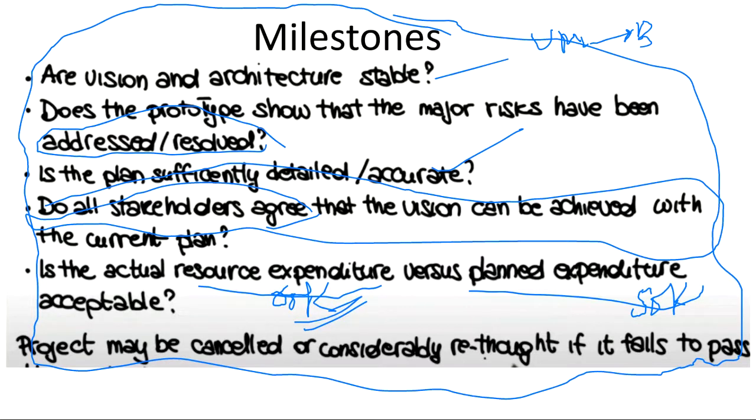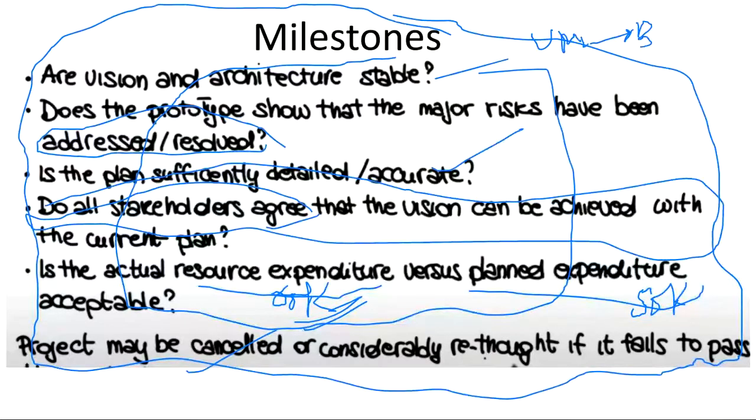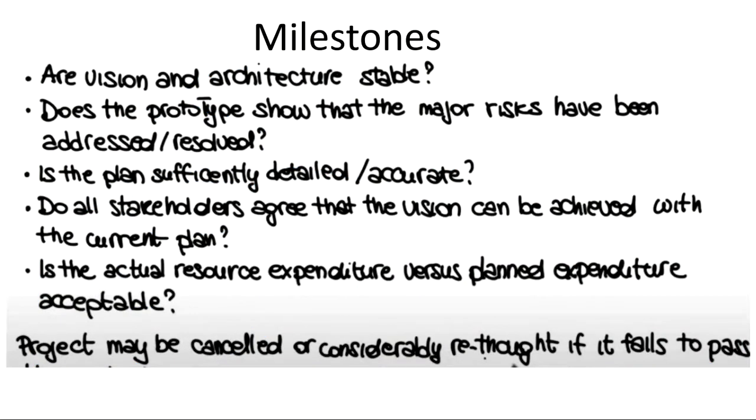Okay, if you will not meet these milestones of the elaboration phase, your project may be cancelled. Okay, still there is no coding done, so project may be cancelled or rethought from the very starting. फिर से सब कुछ करना पड़ेगा, because till this phase no actual coding part is done, only the designing has been done on paper. After the coding gets completed, it is actually difficult to cancel the project because the money has been invested in the hardware and softwares. But till this part, all the hardware and softwares are on paper only. So it is possible that user will cancel your project.